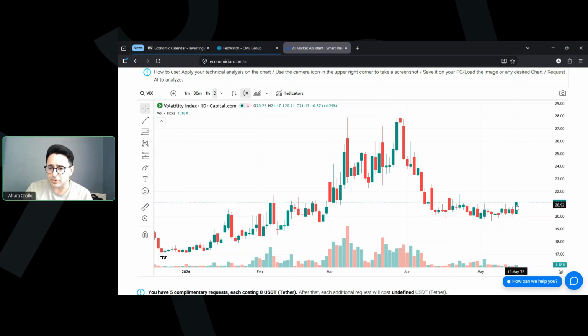As you can see here, the market risk is at its highest level in almost the past 2 weeks. What does it mean? The last time we had the risk at this level was February 23, and now it's May 15. So it's like 2 weeks here, 1 week there. It's almost more than the past 3 weeks. It's the highest level of the risk in the market.